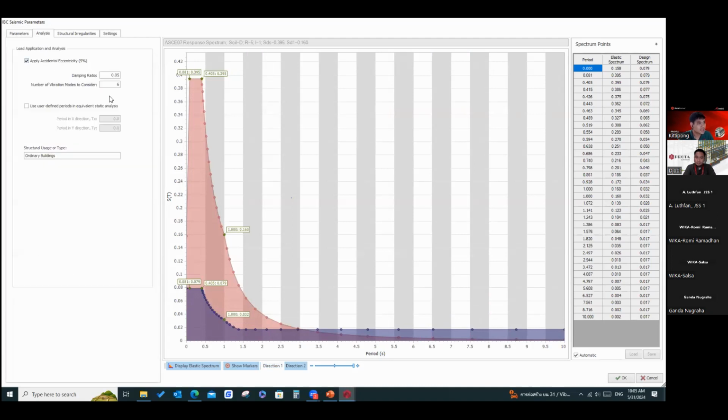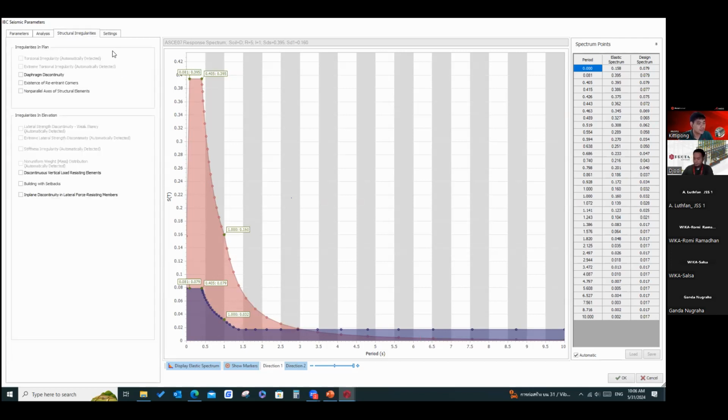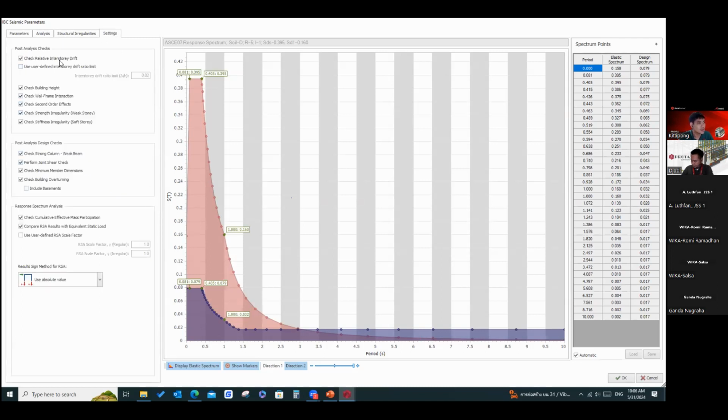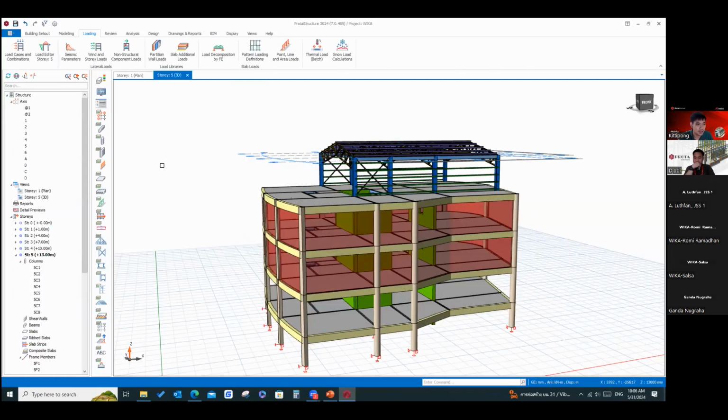And you can change the vibration mode of the building. You can add more and more until it passes. Change the damping ratio like this. Already there for you. Change the story drift, something like that, to cover the code in your country. And done. The seismic is already done. It will calculate based on the weight of the building.